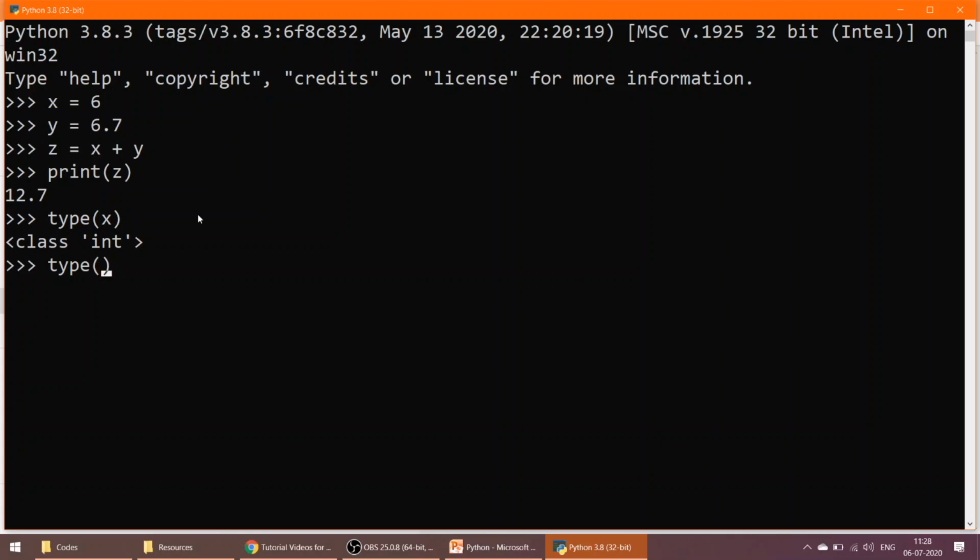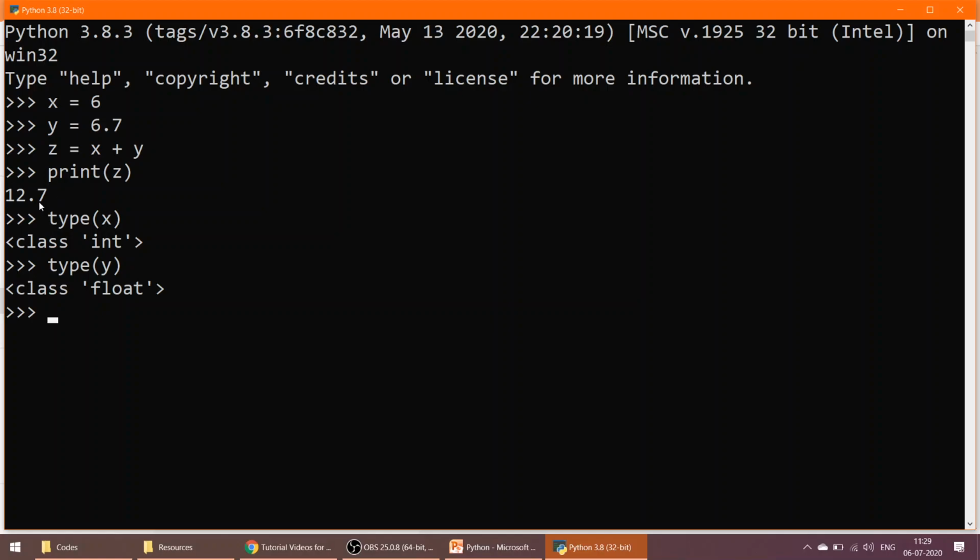Just check whether it is coming or not. Float. So the addition between an integer and a float is possible, but the result we get is a floating point. One is an integer and one is a float, but the addition of an integer and a floating point will result in a floating value.